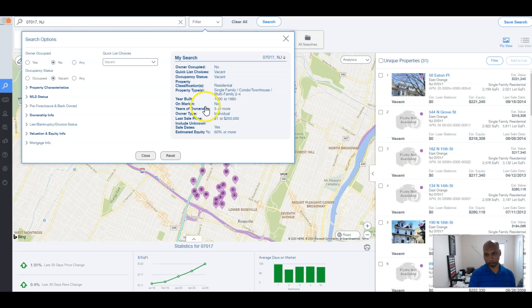residential properties that were built between 1900 and 1980 in my area. You know, this is the target, the years up to 1980. On market, no. Years of ownership, 5 or more. Owner type, individual. Last sale price, $1 up to $250,000. So that, again, $250,000. The property was sold for $250,000 5 years ago. So there should be some equity